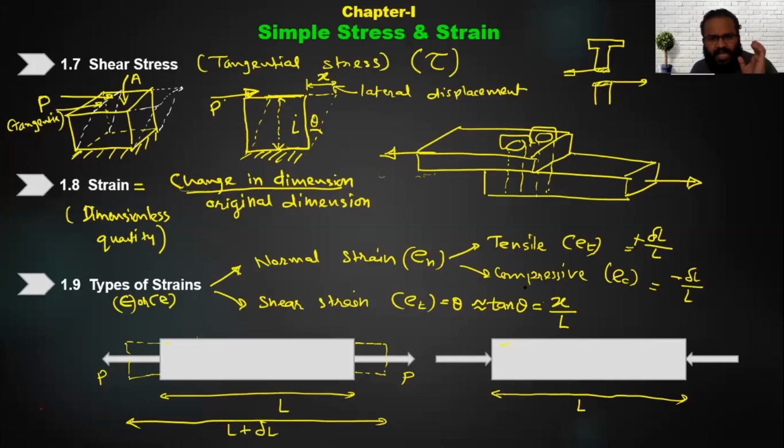Okay, have you understood this? What are the types of strains? Strains are basically based on the types of stresses only. Whatever types of stresses we have discussed, based on that the strains can also be discussed. So here we understood what are the basic types of stresses and what are the basic types of strains. Now let us go further to